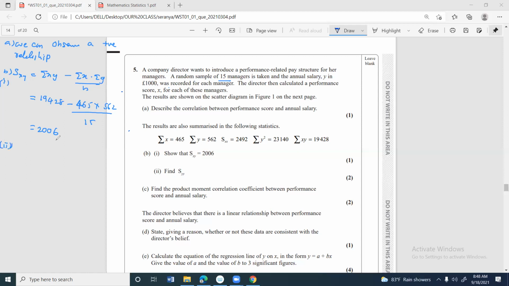Then B2 is SYY. SYY is summation of Y squared minus summation of Y whole thing squared divided by N. Summation of Y squared we already found, 23,140, minus summation of Y squared is 562 squared divided by 15. So if you work this out, you get the answer. Simplification comes with